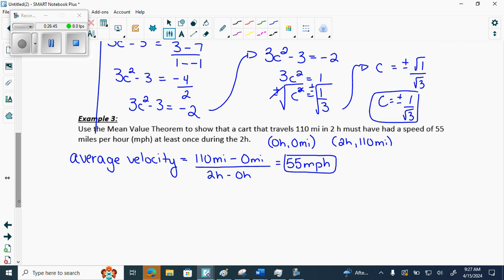So we took these 2 endpoints and we found that at some point there's an average velocity of 55 miles per hour, which is what they're asking me, correct? So we can say obviously now there's an average velocity of 55 miles per hour. Or if we're using the mean value theorem, what do we have to state? Since the function is a polynomial,